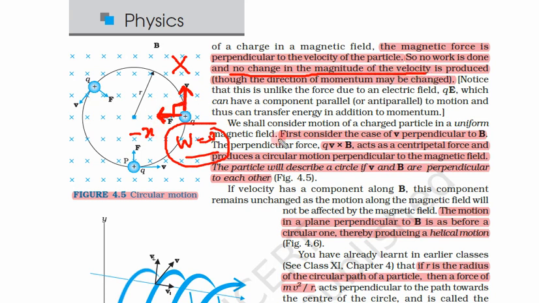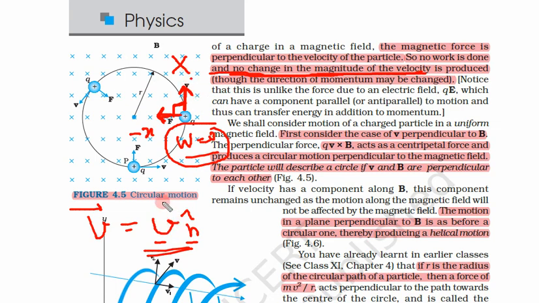So again we know what velocity is. Velocity is a vector quantity which has a magnitude, that means speed, and a direction. Let us represent this direction by unit vector n. So velocity has two components, speed and direction. So there is no change in the magnitude of velocity, that means speed is not changed.